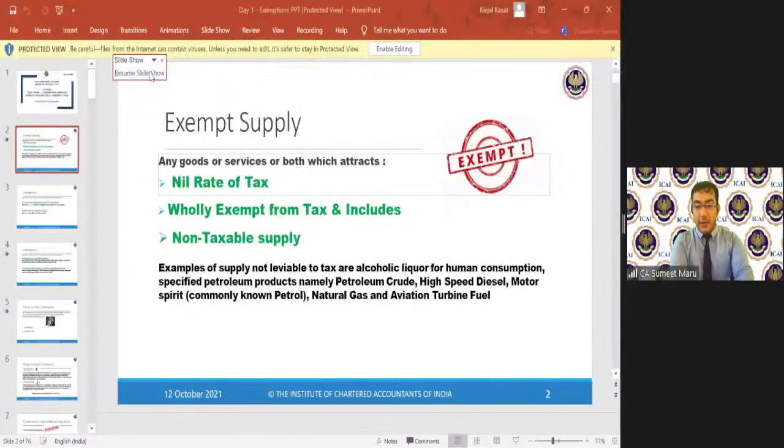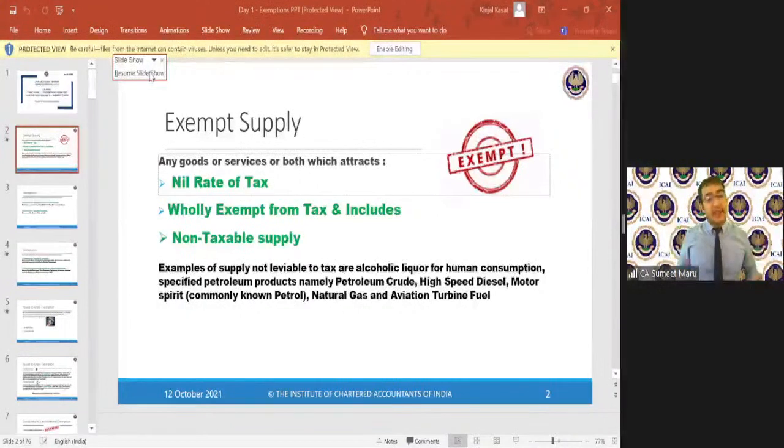CA Sumit Maru taking yoga classes, will he be getting the exemption or not? Yes, Rahul has said the perfect thing. Yes, Sahil. Yes, Shivani, Ayush. Isha, you are mistaken here. Shivani is right. Okay, see, it's absolutely correct. Most of you are giving a correct answer. I won't get an exemption